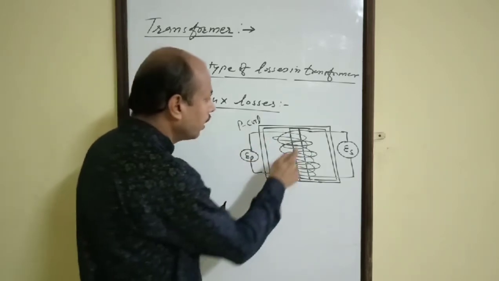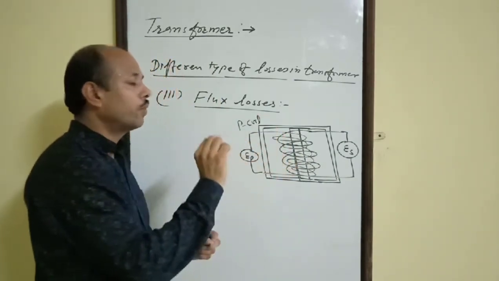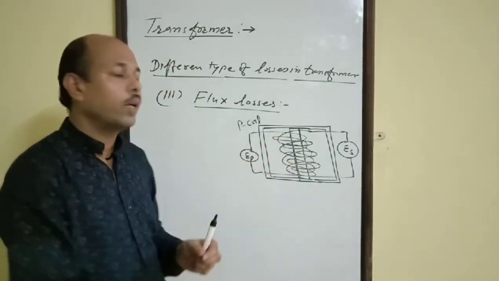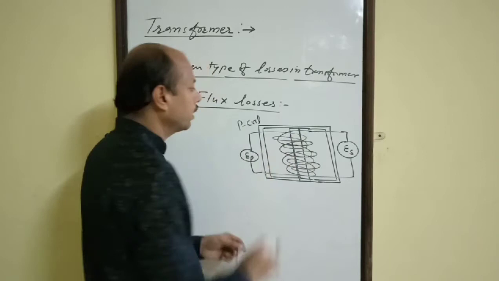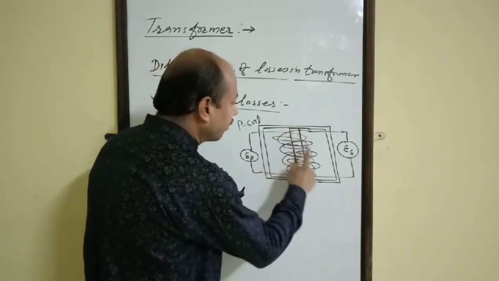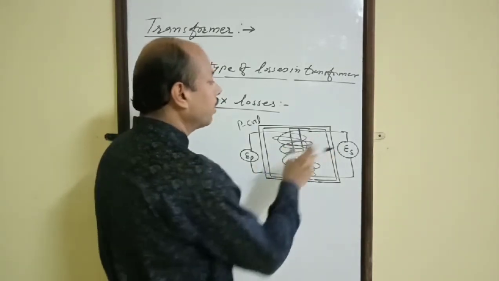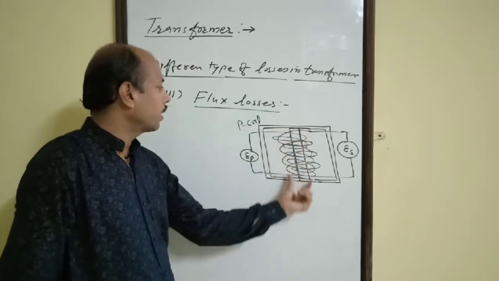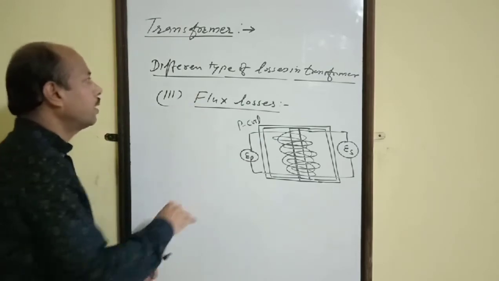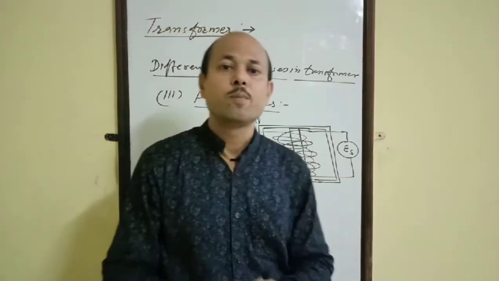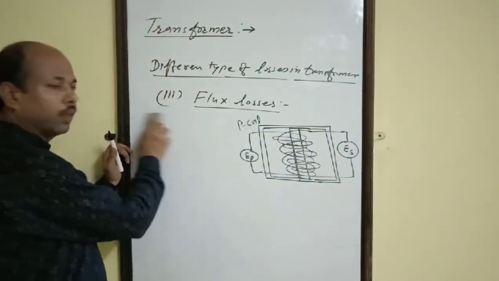But here be cautious, these two wires are not in electrical contact. These are insulated wires, or we can say these are copper wires having an insulation coating over them. Therefore, although they are placed at one place, they are not in direct electrical contact. Only magnetic flux is associated, and in this case flux loss can be minimized to a great extent. So these are the three types of losses related to the lower efficiency of a transformer. Now I am discussing one or two numericals related to the transformer.